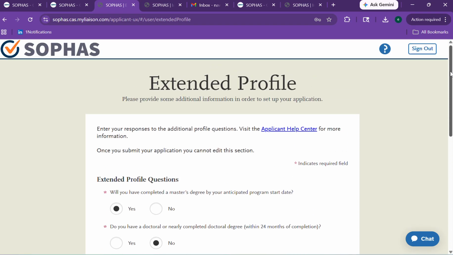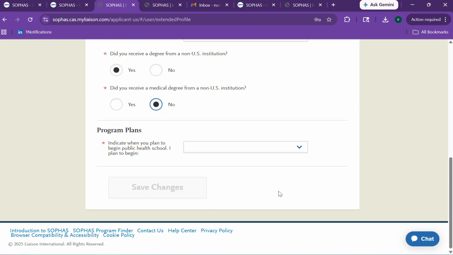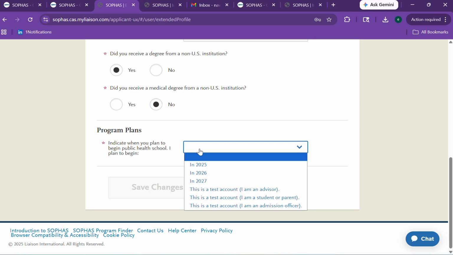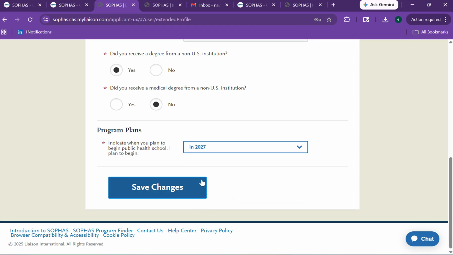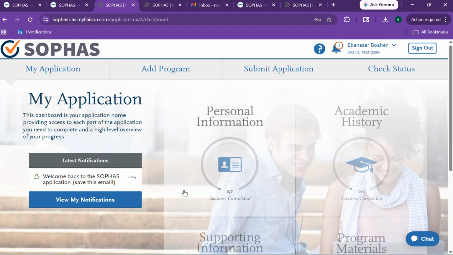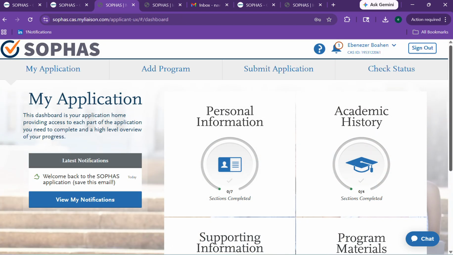Then you continue. It says program plans. Indicate when you plan to begin public health school. I plan to begin when, so we are in 2026 now, so I plan to enroll in 2027. All right, so after this, then I'll save it. Okay, now after you save it,